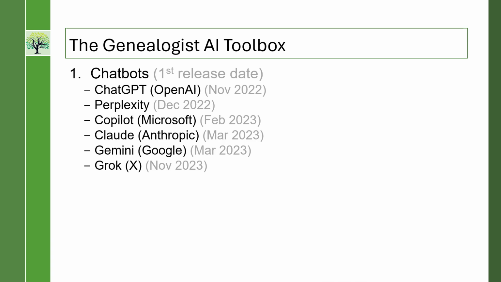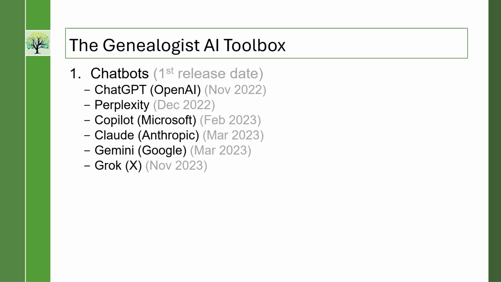The ones that are most commonly used, I think, for family history work are the first three. ChatGPT, which was the first. ChatGPT appeared in November of 2022. It hasn't been around a long time. Everybody's still afraid of it because it's so new. And that's okay. That's the normal reaction for most of us, to fear the unknown. But the more you work with it, the less unknown it is.